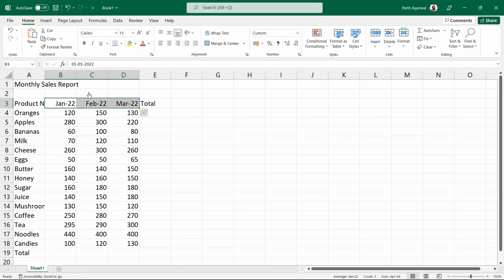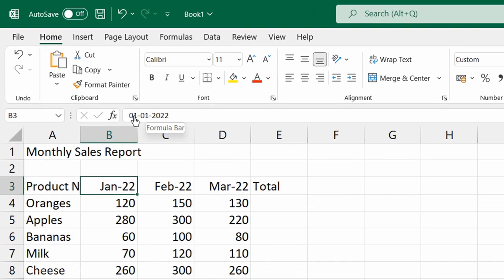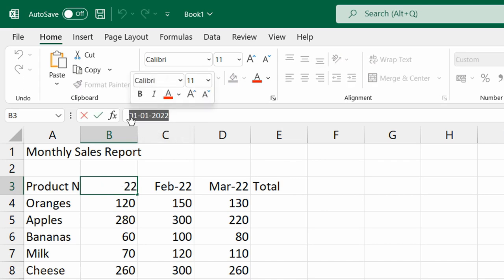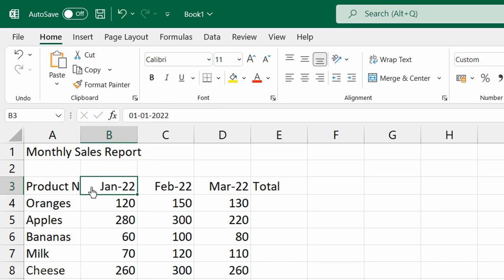And if we select any of these three cells, we can see the date written here in the formula bar. Check it out. 01-01-2022. So that's actually a date, isn't it? Now, like I mentioned earlier, depending on the region you live in, your dates may be formatted differently. Now, what I'm going to do here is, I'm going to select the cells from B3 to D3 and now